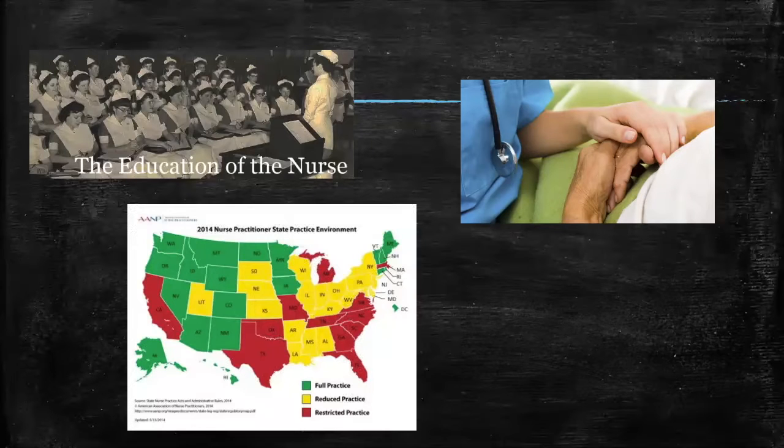The third key takeaway is that many states are actively working on increasing the ability of nurse practitioners to have full practice authority, which would allow nurse practitioners to work without a collaborating physician. In addition to allowing nurse practitioners to work to the full extent of their education, this is also a way to improve healthcare disparities that most often affect underserved populations.